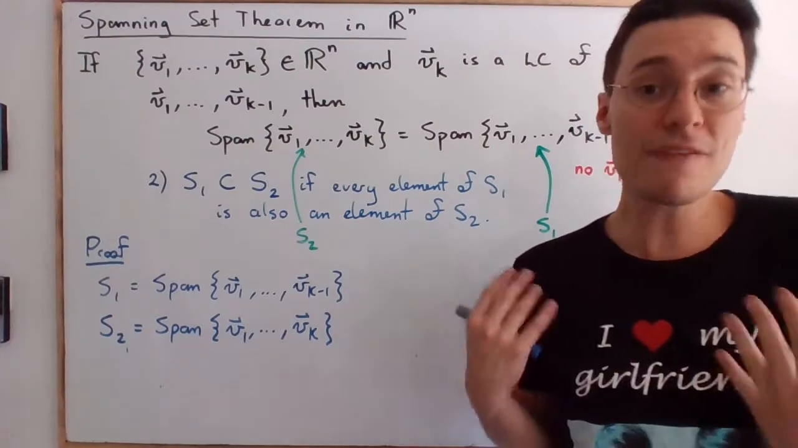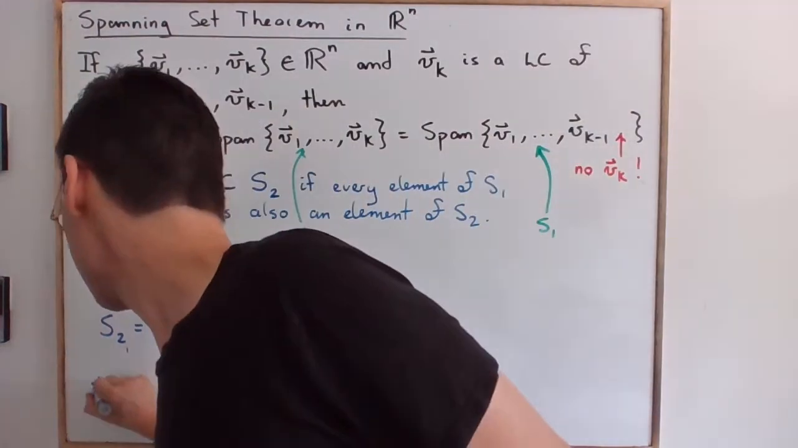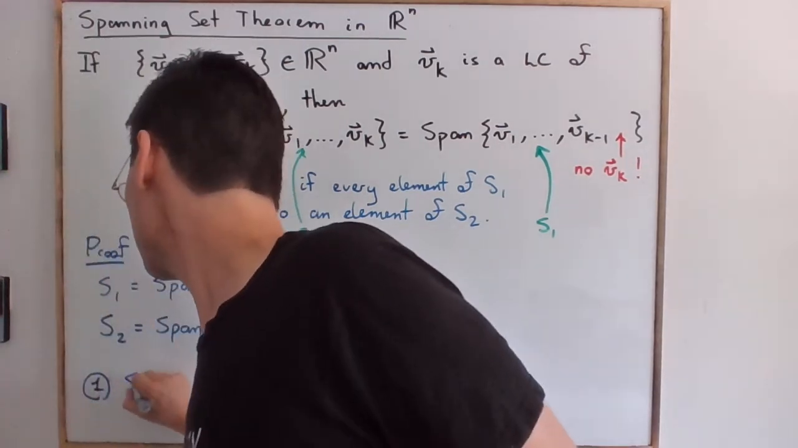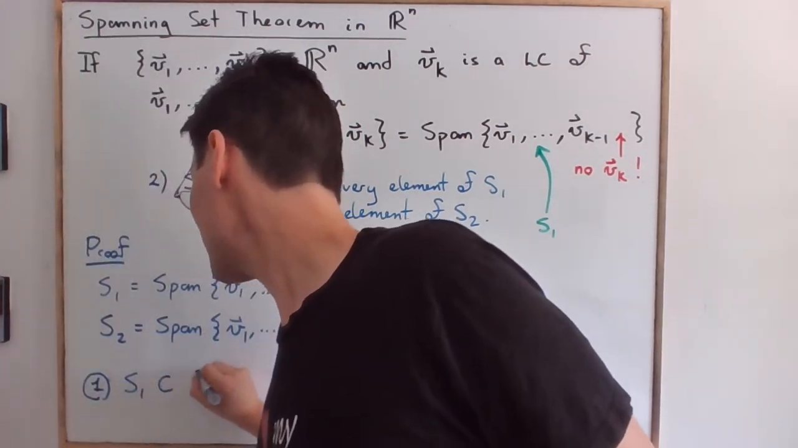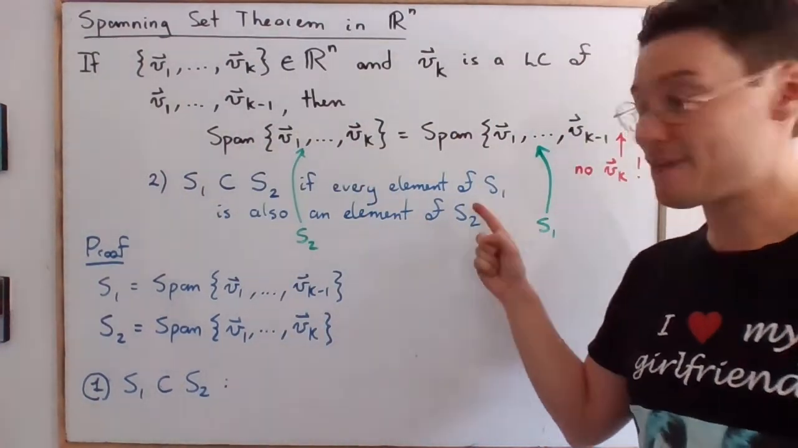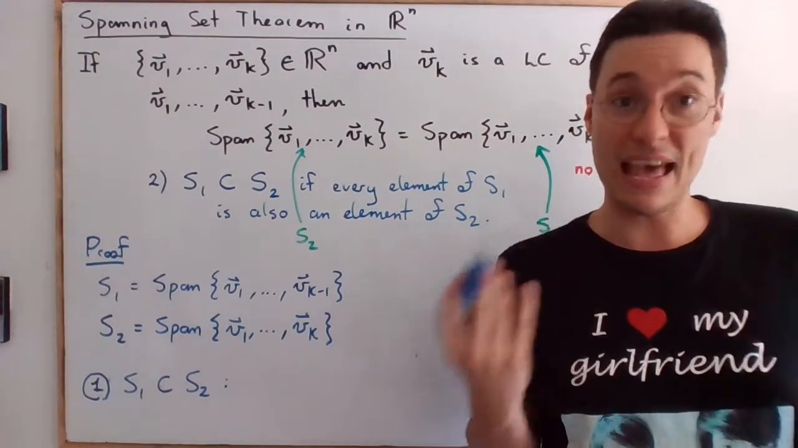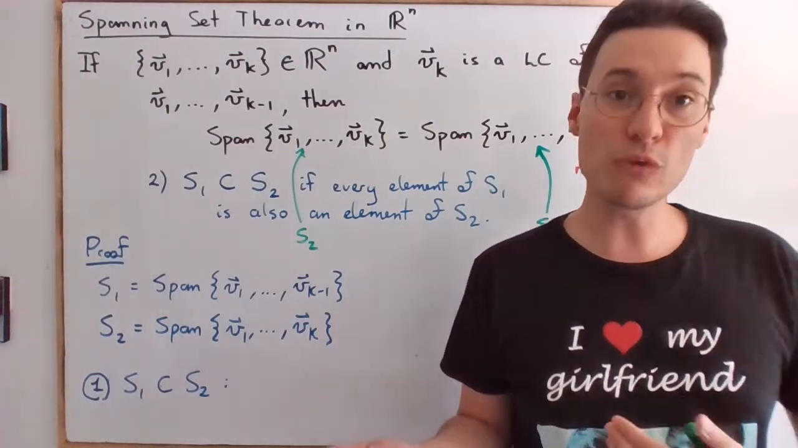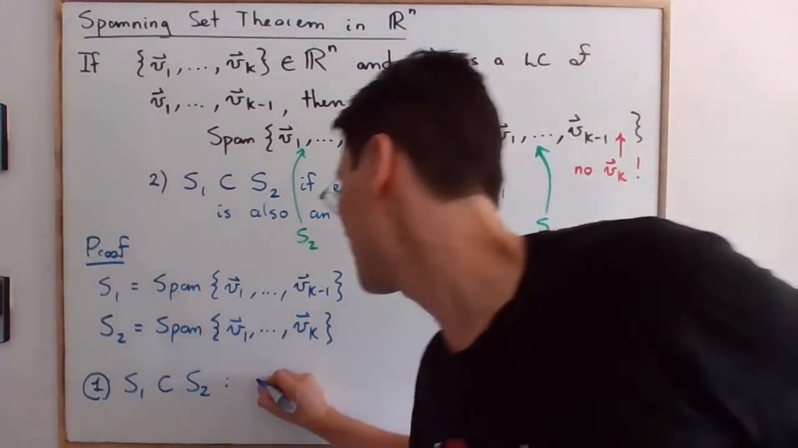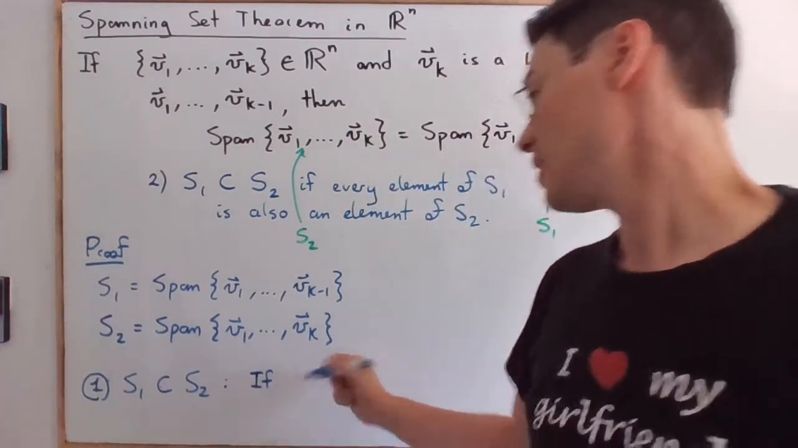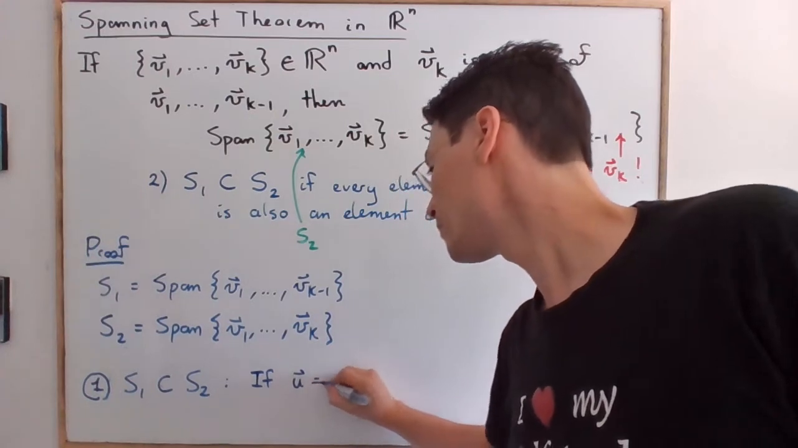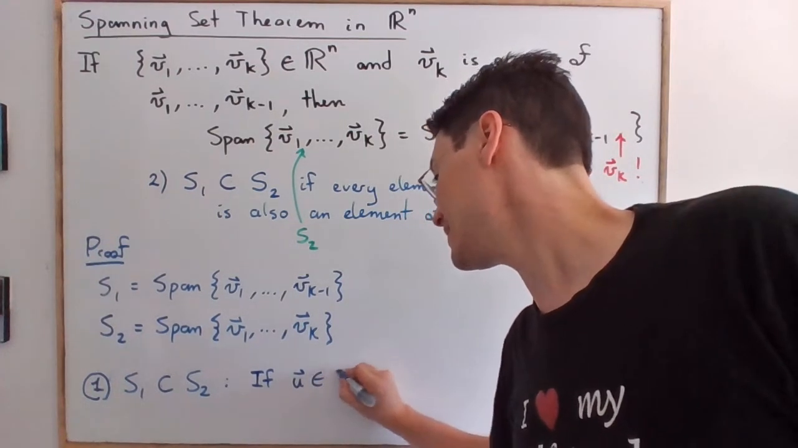All right, and the proof has two parts. The first part is to prove that S1 is contained in S2, and we're going to use that fact over here. We're going to take an arbitrary element of S1 and prove that it's also an element of S2. So now we have to set up another variable. Let's say U. If U is in S1,